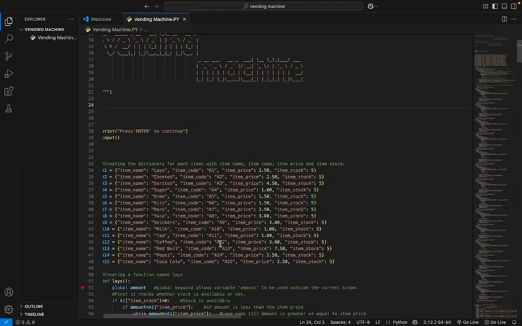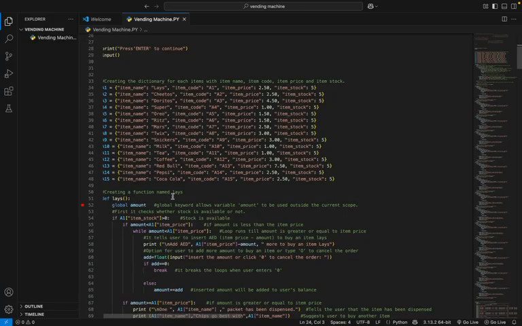So I defined the functions, like every function Lays. The purpose of these functions is that each of them represents the logic for purchasing one specific item. What it does is check if the item is in stock and verify if the user has inserted enough money or not. If not enough money, it keeps asking the user to insert more or cancel the purchase. If the purchase is successful, it reduces the stock and gives change if needed.